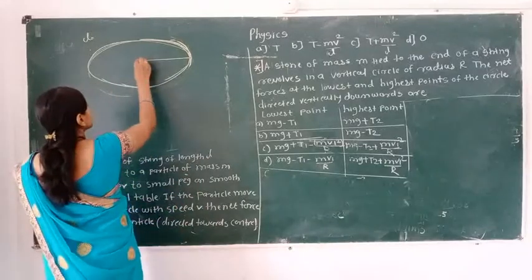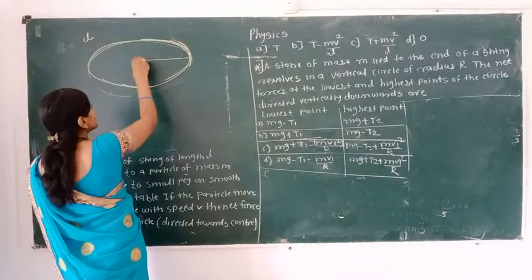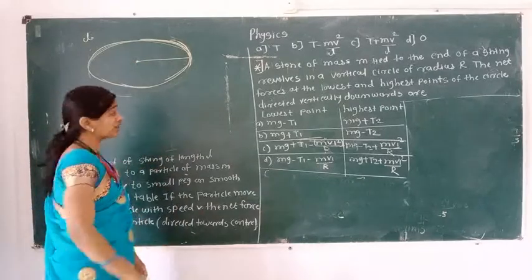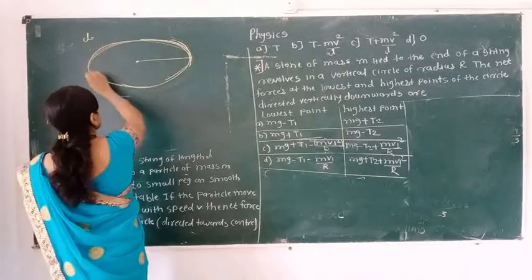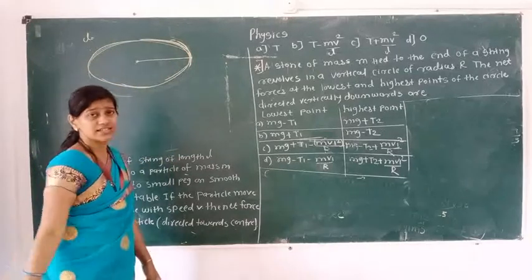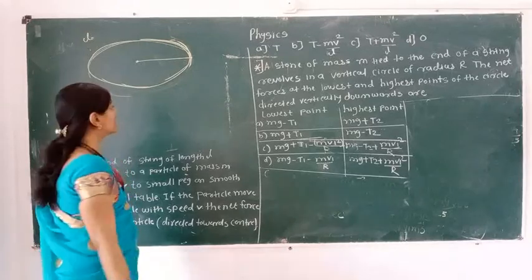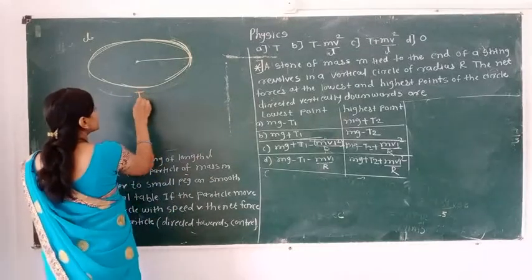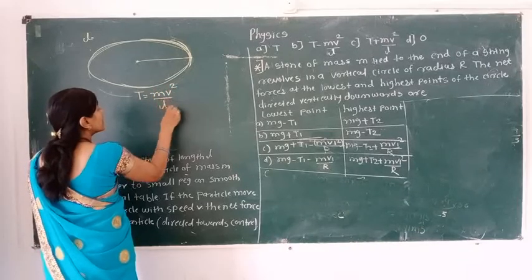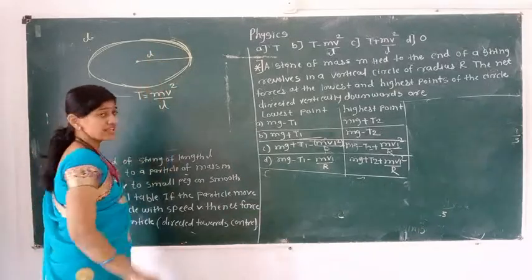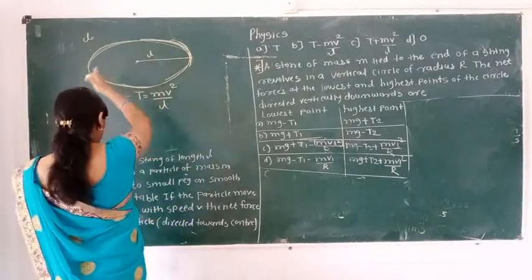In that, the string is present here, one end of the string is tied to the peg, the bolt is present at the horizontal table, and the other end is connected to that particle, and the particle is revolving in that horizontal circle. So here tension is present there, that tension gives the necessary centripetal force. So here we are getting T tension, it is mv square upon L. L is the length of that string, v is the speed of that particle with which it is going to revolve.